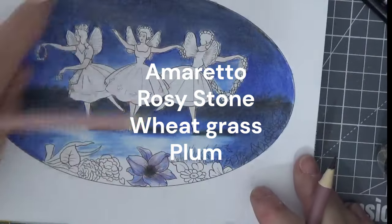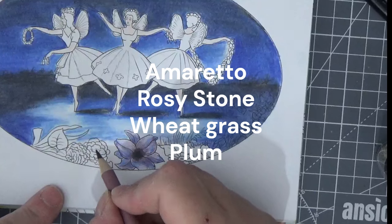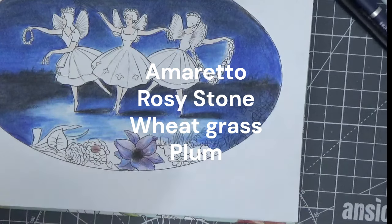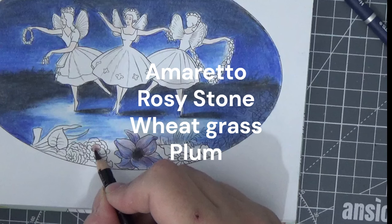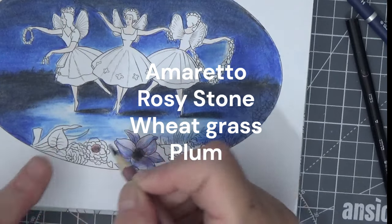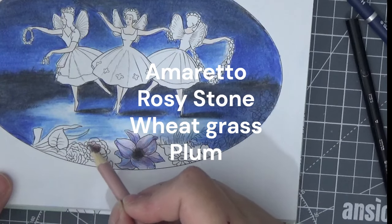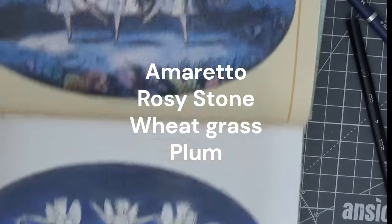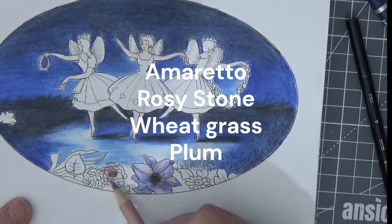Okay. So for this one down here, we're going in with the Amaretto in that centre bit there. And I know it's tragic and it's a shame to do it, but a little bit of black. And then back over with that Amaretto. That gives us that really lovely dark tone. Then let's cover this with this pink. The wonderful thing about this, if you look at the actual image, there is not too much detailing on these. It's just more atmospheric, isn't it, the picture? But we are going to try and do a little bit of...